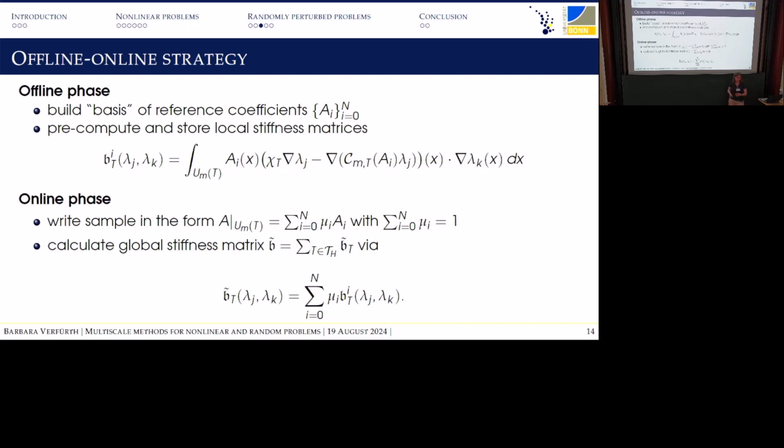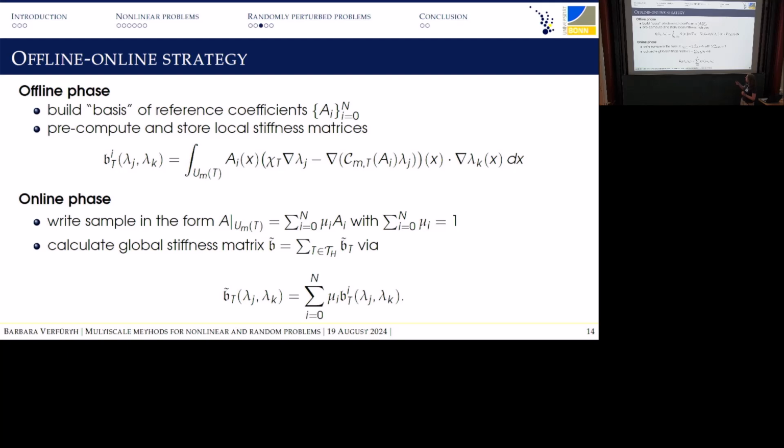sum up to 1. This looks like I would need to solve a linear system, but in fact I do not need to. In fact, I just need to take the realization I'm given and basically look at where I have defects. And then I set the corresponding mu's to 1 and all the others to 0 and sum up. So that's something I can hardcode in, that I can already solve on a sheet of paper and hardcode into my code. There's no matrix inversion or whatever involved here.